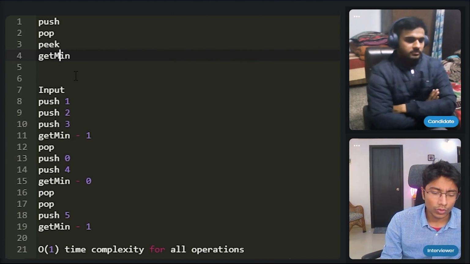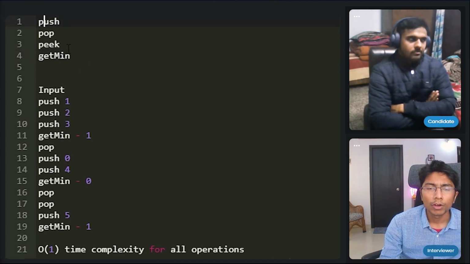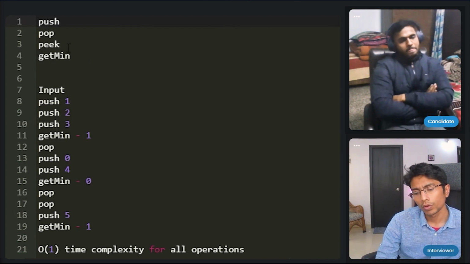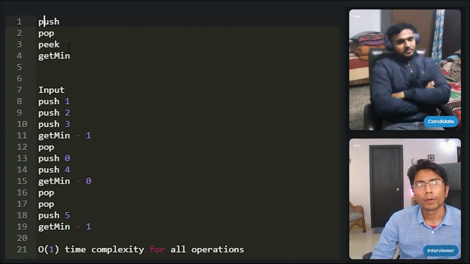What else can I use? If I use a tree, if I use a binary search tree, let's say pushing is log n.